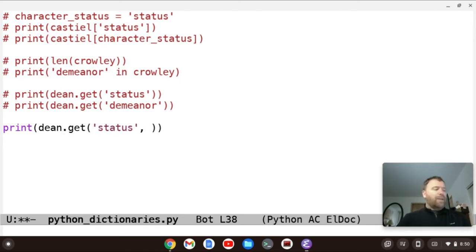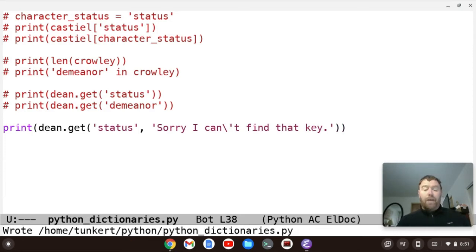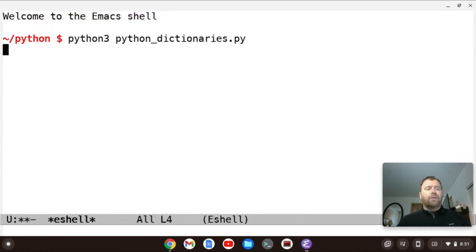Then to display this message, we'd put a comma and then something like "sorry, I can't find that key." Something like that, okay? So if we run this, we're going to get dead, right? But I'll show you in a minute where it will print out the message. So let's first run this, and we'll just show you it still works. Okay, so we still get dead, all right?